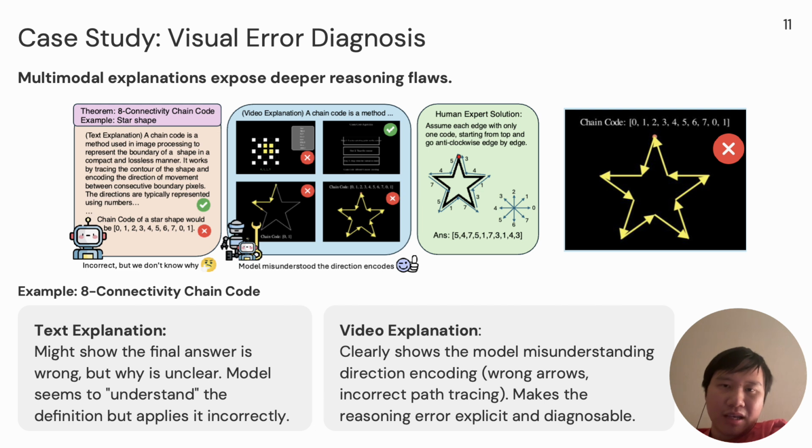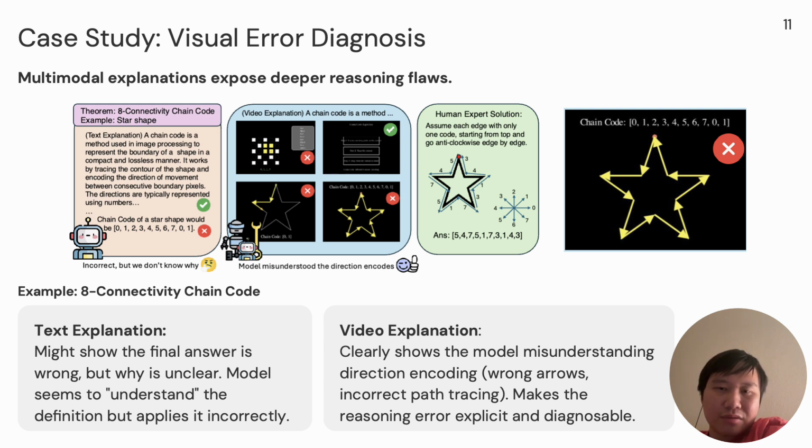Here is a case that shows why video explanation matters. For the chain code theorem that we are trying to explain here, which is a simple image compression method, the text output looks plausible but is wrong, and it doesn't actually reveal a key mistake.